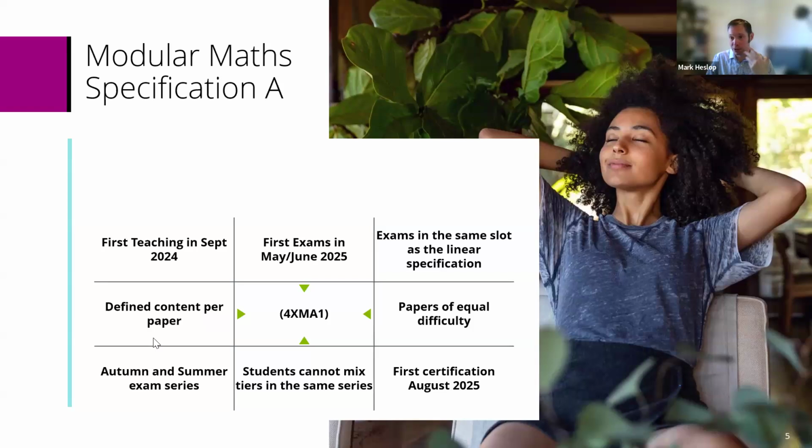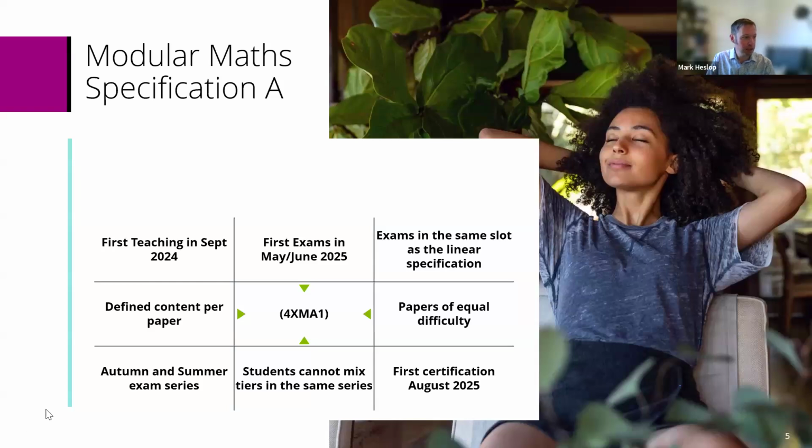So this is the principle that there is a list of content for paper 1, a list of content for paper 2, just like effectively in our International A level, which is a modular unitized structure. And a key thing here is that the papers are of equal difficulty. That was a design requirement when we created the course, just like Pure 1 and Pure 2 are of the same difficulty in IAS level, and Pure 3 and Pure 4 are the same targeted difficulty in